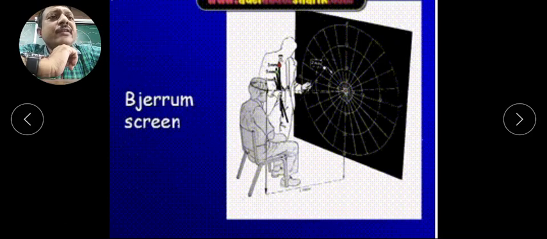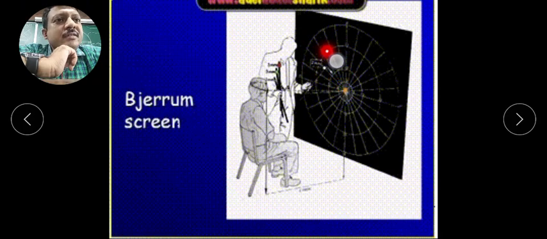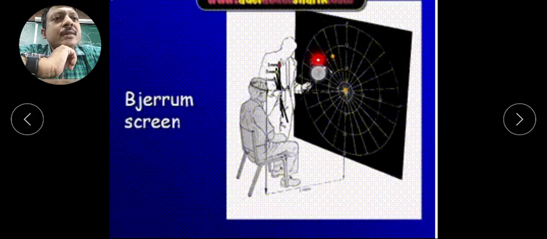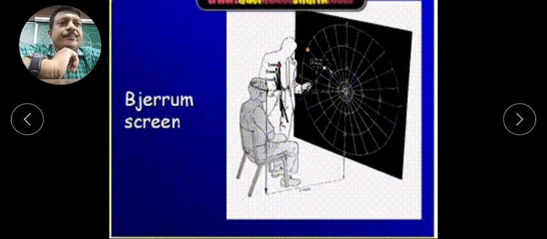Now, the test object is moved from here to here and the subject is asked where the test object is just visible. It is marked on the perimetric chart by hitting the chart holder towards the pin punch pointer. If the object is invisible in this area, first visible here, again becomes invisible, again becomes visible, invisible for this area and different meridians, this is the visual field defect. If the object is not visible in an area, this is the visual field defect.